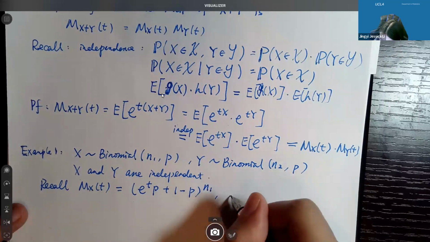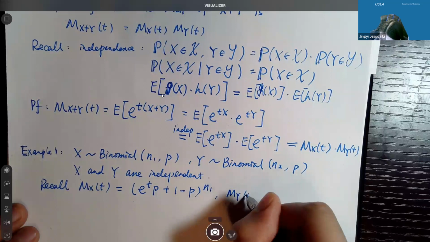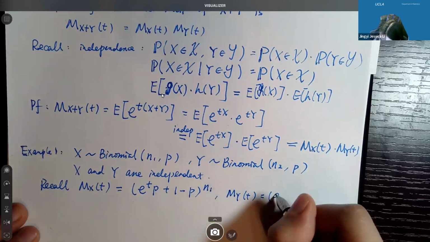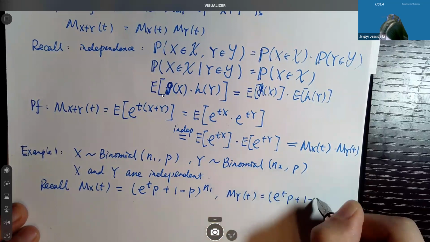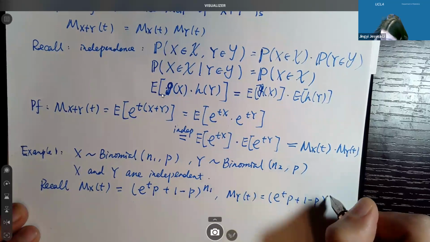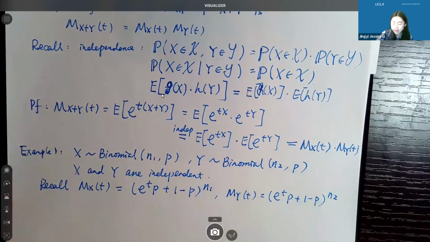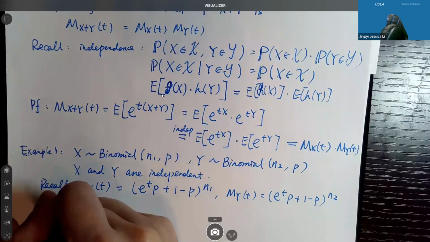And for Y, the same: e^t p plus 1 minus p to the power of the total, and that's n2. So now you see why having the same p would make it easy for us, because here you have the same base for the two MGFs. So then the total